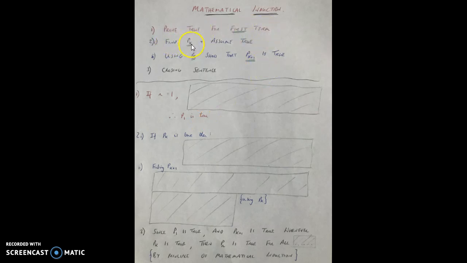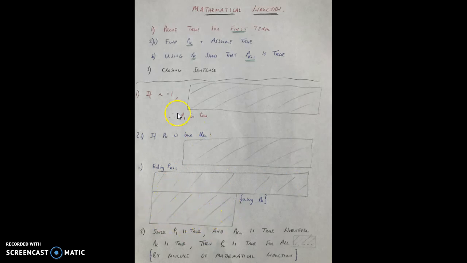And then you find P(k) for the kth term, and you're going to assume it's true. That we're going to put into this box here. If P(k) is true, then, and then we're going to find P(k+1), and using P(k) we're going to show that that's true. So we're going to start working out P(k+1) in here, and using P(k) we're going to show that